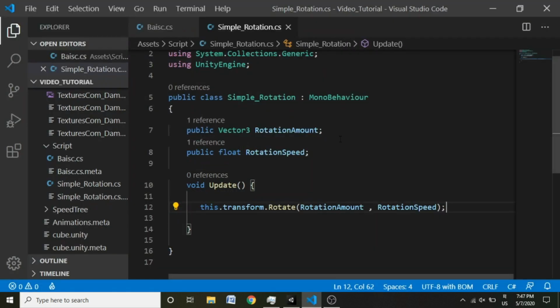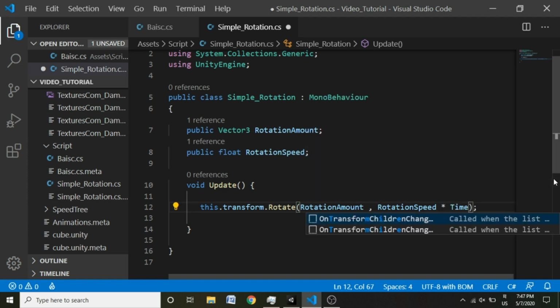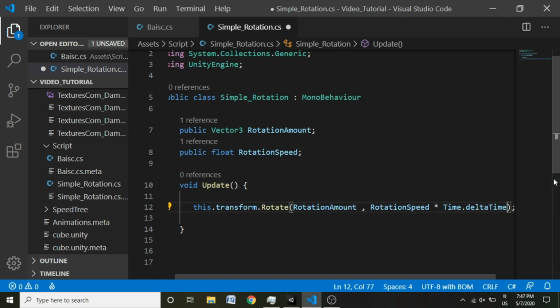So to make this rotation time dependent, you just have to multiply the float with a component called Time.deltaTime. Time.deltaTime is a float value that changes as the frame rate of your PC changes, and all you have to know is that it makes the float time dependent. So when you hit save for now, and head back to Unity, it will take some time